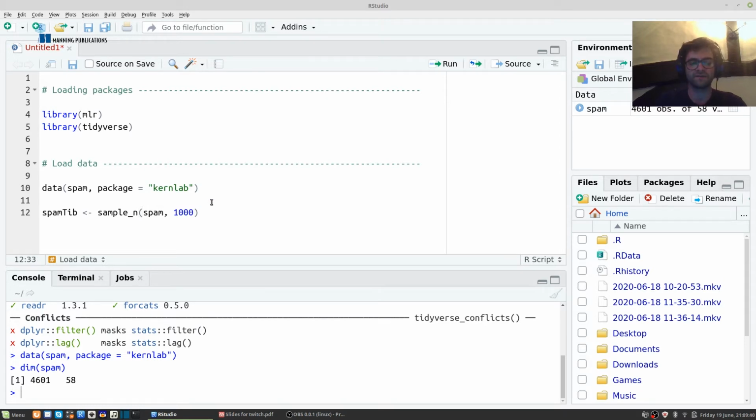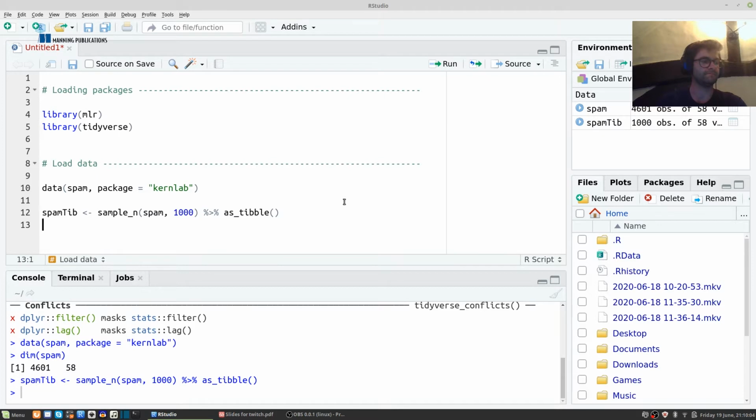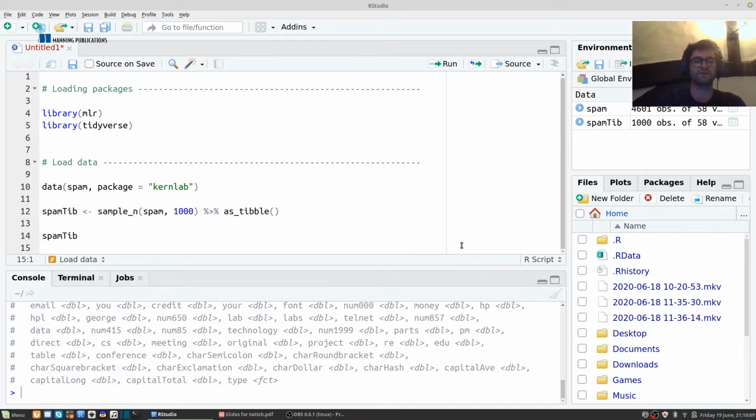And then I'm going to use the pipe operator to take the result of the function on its left and pass it into the function on its right. This function is loaded in when I load the tidyverse. I'm going to pipe it into the as_tibble function just to turn this 1,000 row data frame into a tibble. And now if I just print out this tibble,